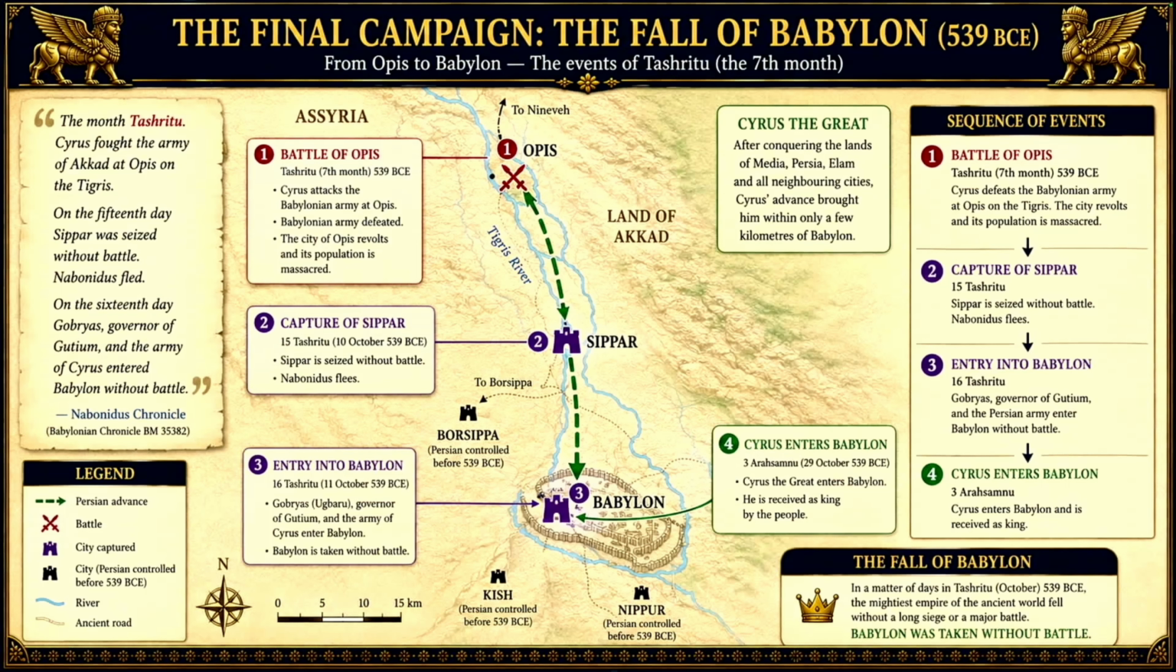So if you look at the top left of the slide, you will see this is an extract from the Nabonidus Chronicle. It says that the month Tashritu, Cyrus fought the army of Akkad at Opis on the Tigris. On the 15th day, Sippar, that's a city, was seized without battle. Nabonidus fled. On the 16th day, Gobryas, governor of Gutium, and the army of Cyrus entered Babylon without battle. Now, Tashritu is basically equivalent to the month of October,